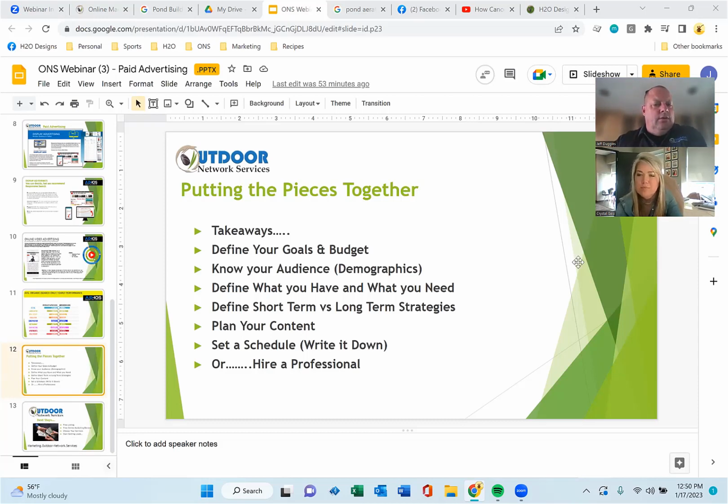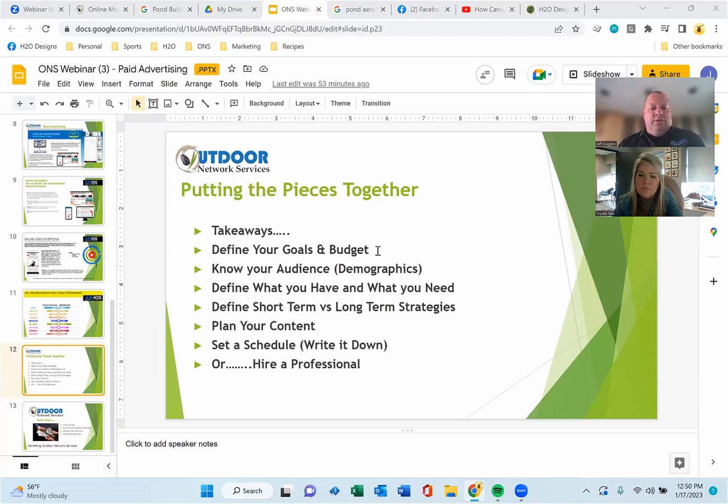Good deal. So takeaways are same as websites. Define what you're willing to spend, and make sure that's going to be a good budget if you're going to do it yourself, to make sure that you're going to get what you want out of it. Know your audience demographics, know where you want to work. Like you said, if you have a subdivision or a zip code that predominantly produces better jobs, more profitable jobs, whatever, then absolutely target that zip code.